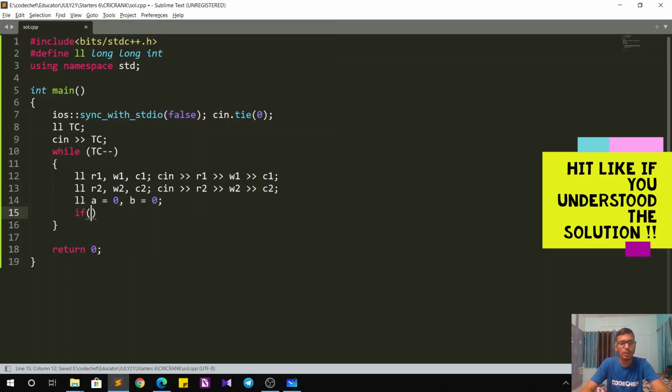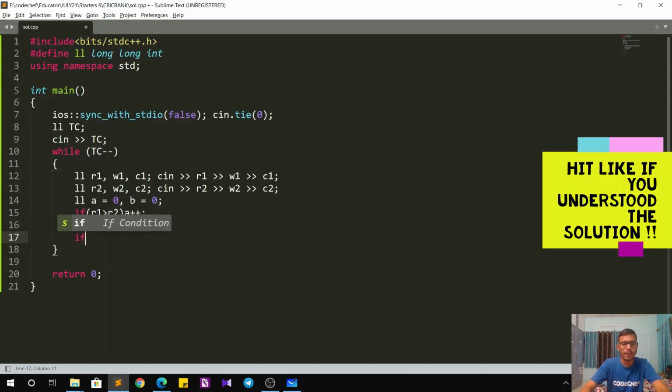First of all, if R1 is greater than R2, then the score of the first player goes up. That is, he is better in one field. So I do A++. Similarly, if W1 is greater than W2, it means that the first player is again better. So again A++.